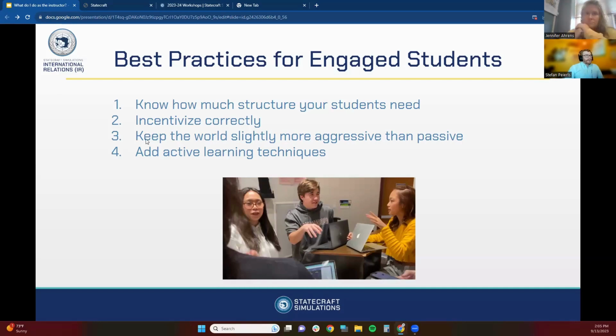Number 3, keep the world slightly more aggressive than passive. If you're on a scale from passive to aggressive, you want to be just on the more aggressive side. The reason we say that is because it keeps students on their toes. When things are passive and just moving along, there's situations in the sim with terrorists and pirates and the ice mountain melting that will put their